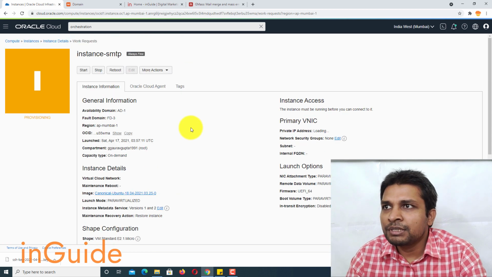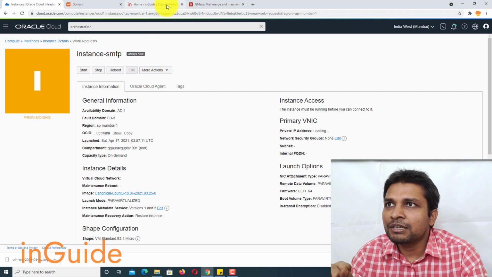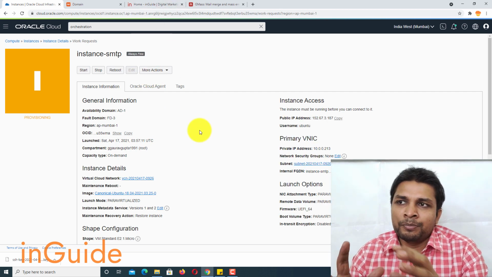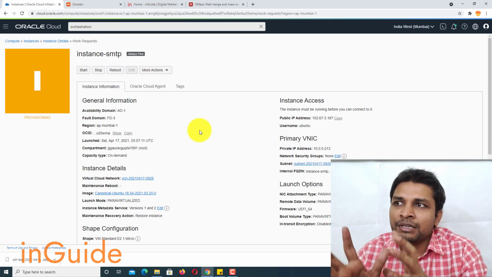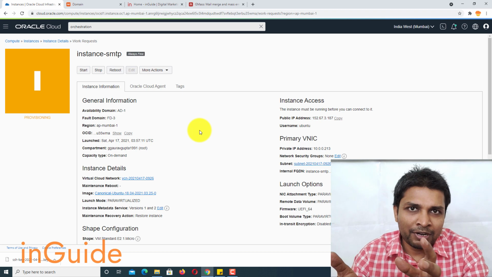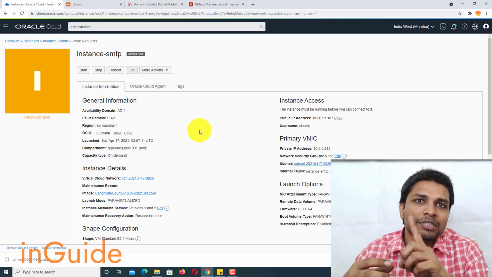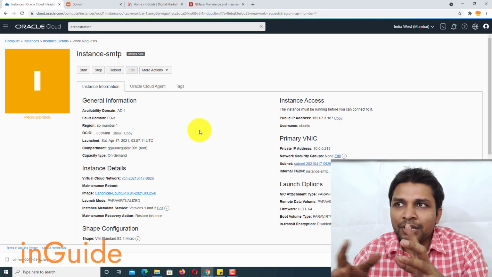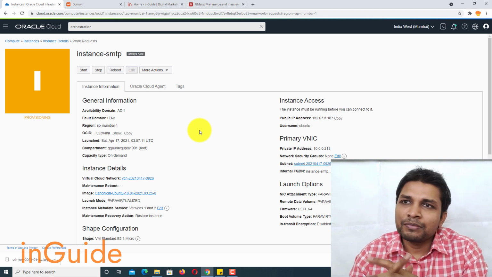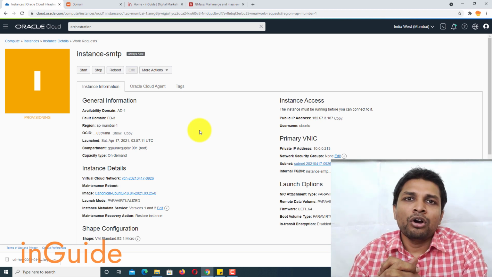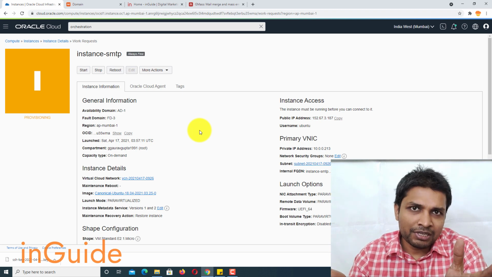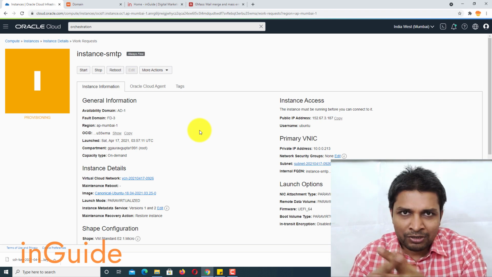Now this instance is being created, and while this is being created, let's go to the guide. Before going to the guide, I should tell you that this instance, which is a free forever instance, gives you only 1 GB of RAM. So for creating SMTP on 1 GB of RAM, there are not many options. You should install Mail in a Box or iRedMail, or you can use Vesta CP. In fact, you can use Virtualmin as well.